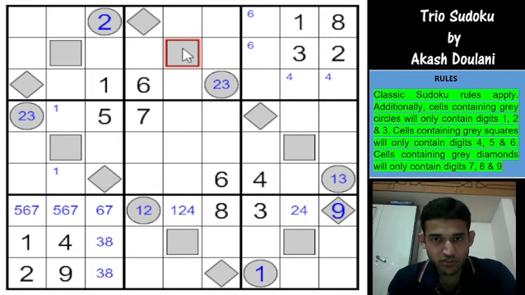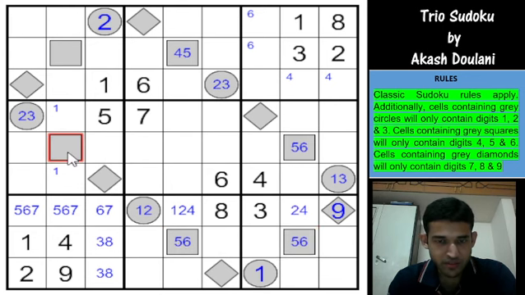So this is 4 or 5 because 6 is ruled out. This is 5 or 6, 4 is ruled out. This is 5 or 6 again because 4 is here. So this is 5, 6. So you have a 5, 6 pair here. Something to remember. And this has to be 4 or 6 because 5 is here and 4 is also ruled out. So this has to be a 6, and which means this is 5, 7.